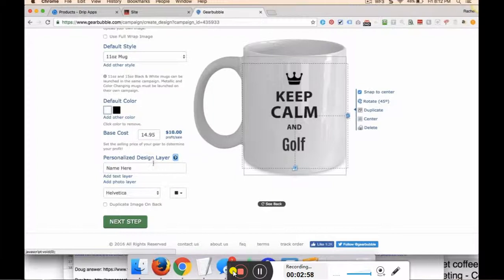And we're going to ignore the personalized design layer, but later on, if you want to sell personalized mugs, which we go over in the How to Create Custom Products section, that's a great possibility for you as well. I'm going to hit Duplicate Image on back right here, which you don't need to do, but I like to do because then people who are left-handed will also get to see the mug. Next, we're going to click on Next Step,